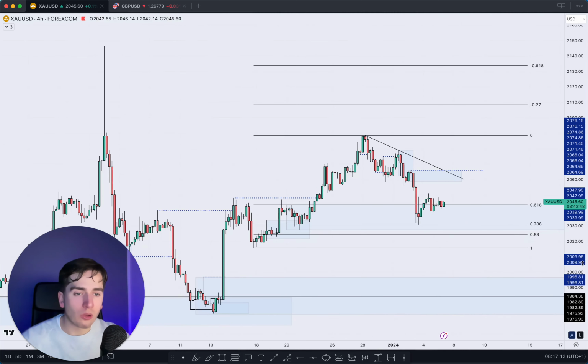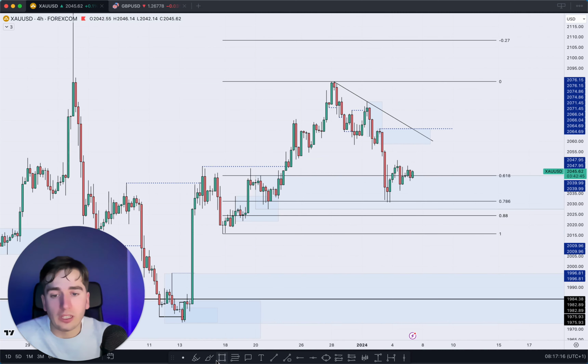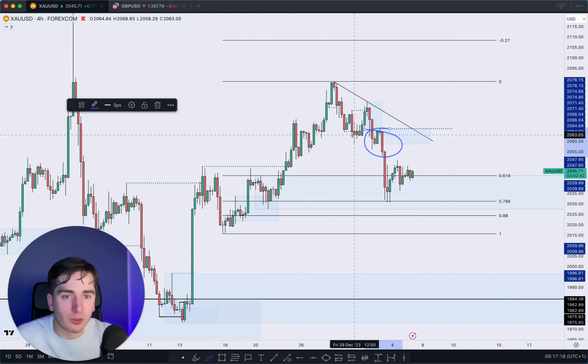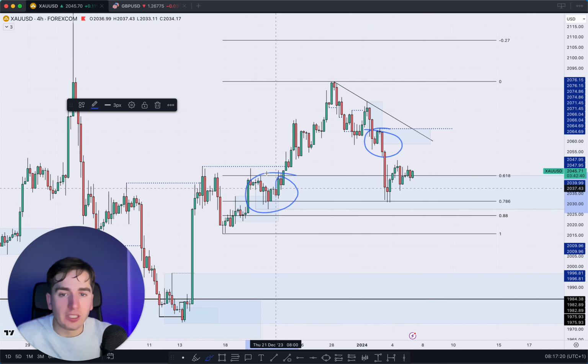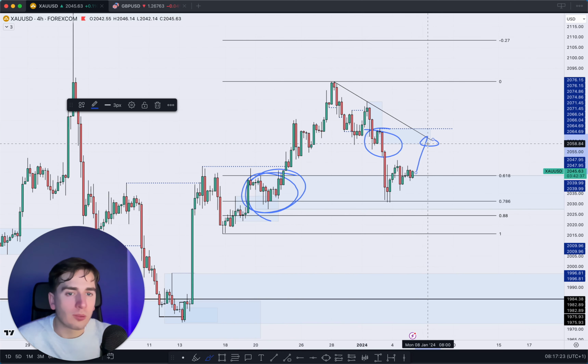Now, last pair, gold. Waiting for upside on gold still. I think we should move in towards this area of supply very, very soon from this area of daily demand. So that's what I'm looking for now. Further upside on gold in towards